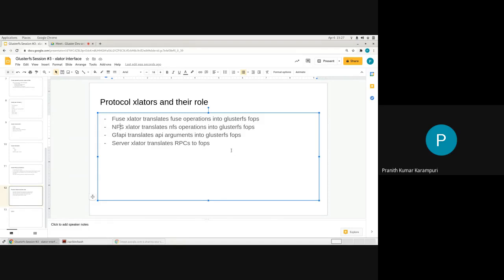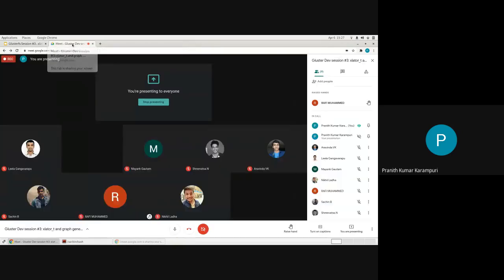Once we understand that process, that will conclude the basic parts of Gluster that everybody needs to know to look at any translator and figure out what it is doing. So we are just one more session away from understanding that part. Okay, any doubts?